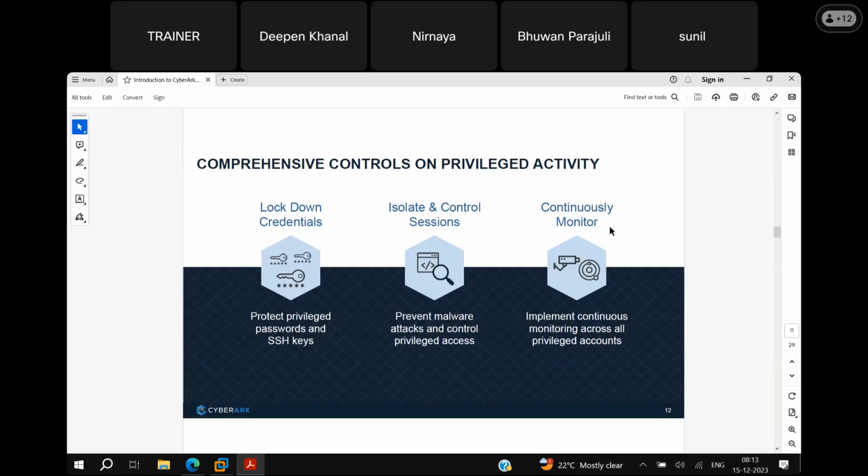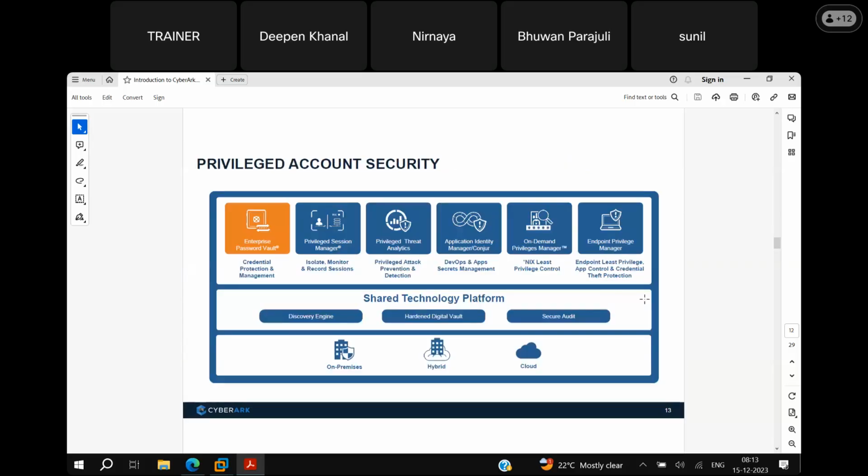With the help of PSM, we can continuously monitor all the sessions, and all the recordings happen with the help of the privileged session manager product in CyberArk. We'll see in further slides what privileged session management is. These are the privilege controls, so this is privileged account security.